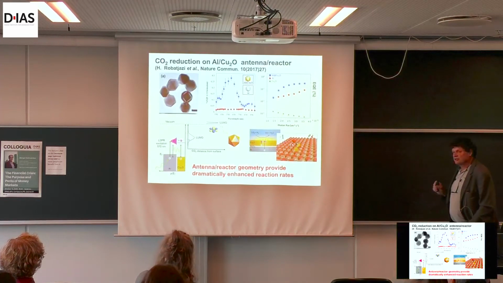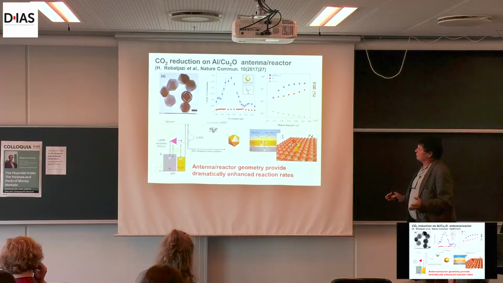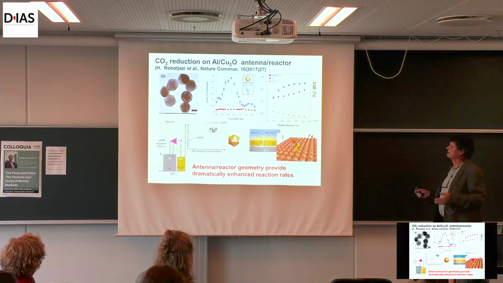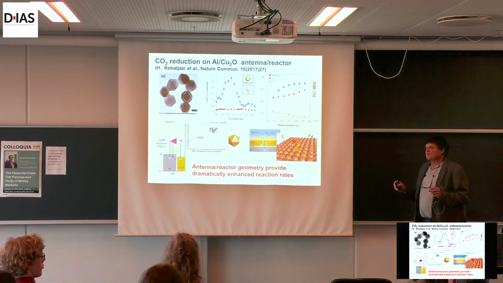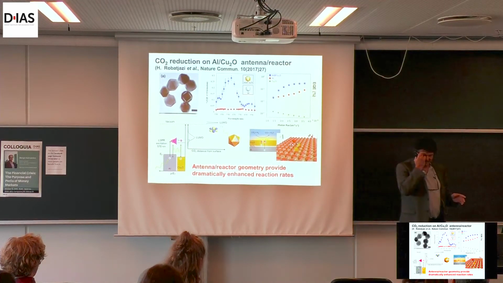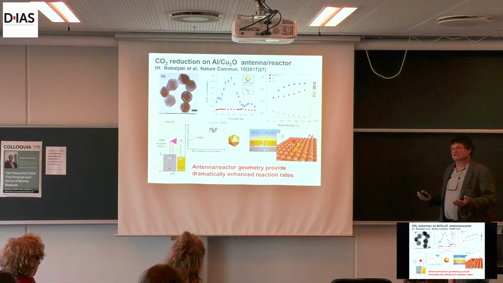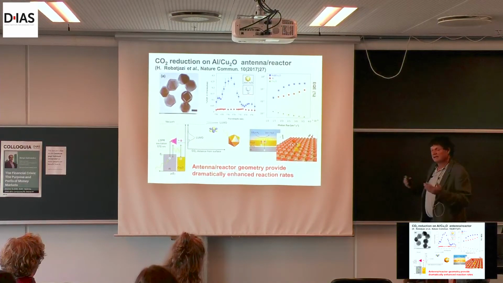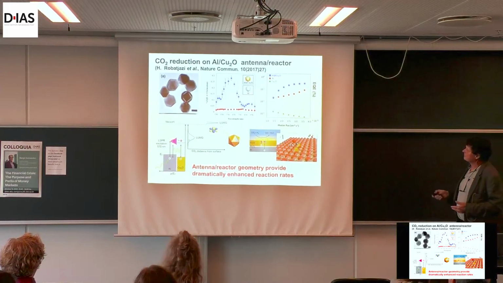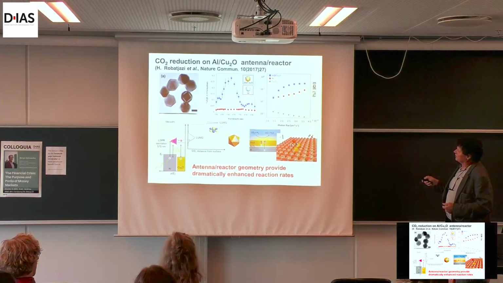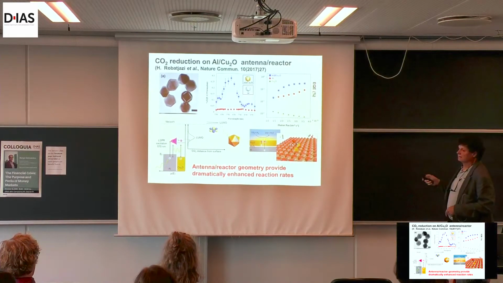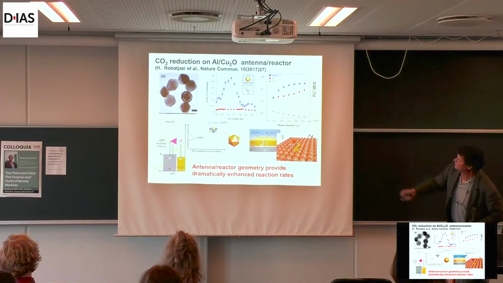Here we have CO2 reduction. So normally CO2 reduction, CO2 of course is a horrible greenhouse gas. So CO2 reduction involves making CO. That sounds really stupid because CO is poisonous and very bad, but in fact CO can be mineralized. You can bind CO to metal. So making CO out of CO2 is a way of actually getting rid of CO2. And we saw that on an aluminum copper oxide antenna reactor. You can read about it here. I understand my talk will be available somewhere here.